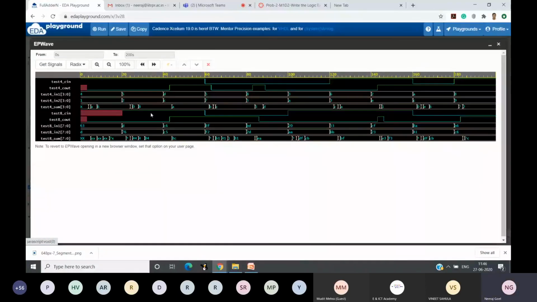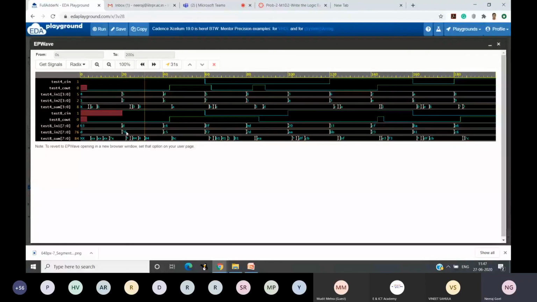Okay, so it's very similar to before, the maximum delay is, yes, here it's 11 seconds also. Good. So what is the difference, why is it 11 seconds? That's also worth investigating. Good to see. So now you see, this is test 4, this is test 8. In case of test 4, we have only 4-bit inputs, while in case of test 8 we have 8-bit inputs. Because the number of inputs is more, there could be more delays.